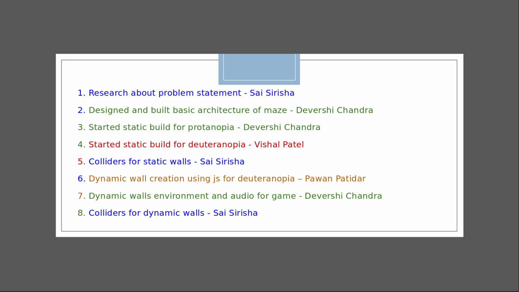So we decided that one person would do the dynamic wall creation, and the 3 of us would continue with the static one for all 3 types of color blindness, so that even if the dynamic method failed, we would still have a project getting built. Fortunately, he succeeded in creating the walls dynamically. So now we are doing everything with the dynamic approach.